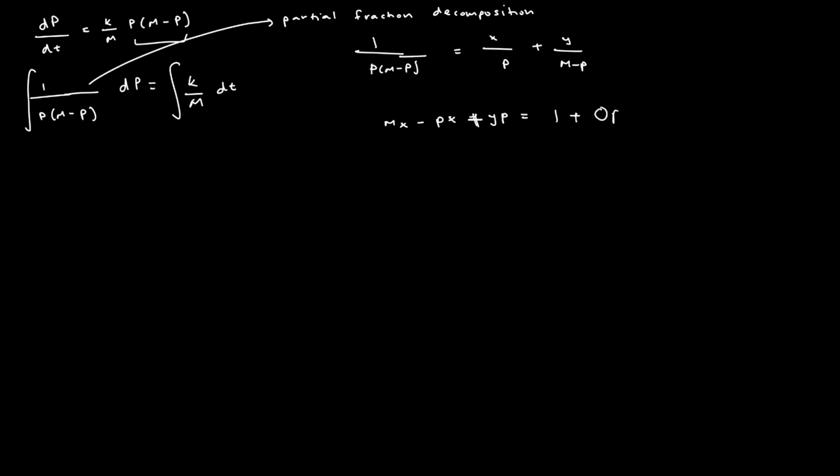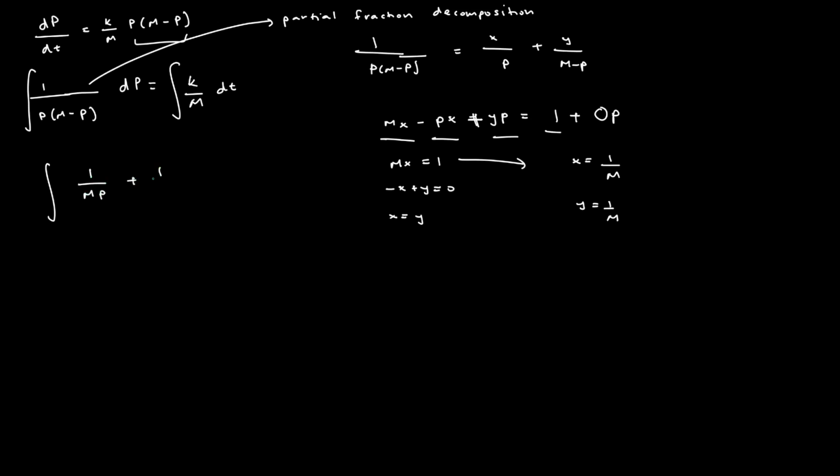And so looking at the p terms, I get minus x plus y is equal to 0. So x is equal to y. And I get m times x is equal to 1. So taking these two, I can use this to solve for x, and x is easily 1 over m. And since x is equal to y, y is also 1 over m. So our new integral looks like 1 over m times p plus 1 over m times m minus p dp